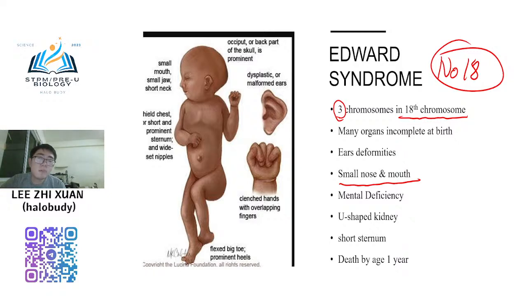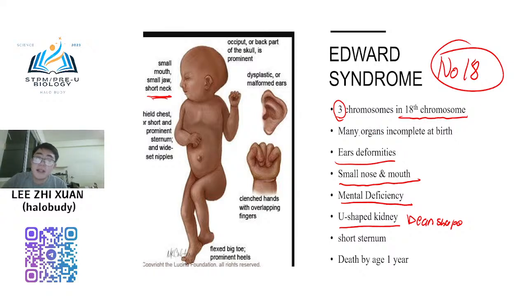Hidung dia dan juga mulut dia sangat kecil punya, and then short neck. Neck sangat kecil, pendek je. Also mental deficiency, and then the kidney is U-shaped kidney. Our normal kidney is bean shape, right? Bean shape. But it is U-shape punya kidney, and dia deformities, yang ni memang tak boleh dengar langsung lah, sangat